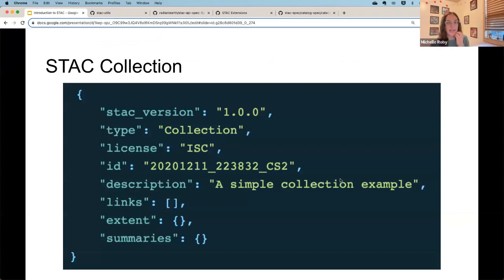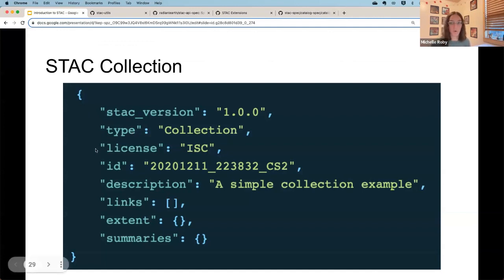And here is an example of a STAC collection. So as we saw in the STAC catalog, this description has the STAC version, the STAC type, but now this type is going to be collection instead of catalog.